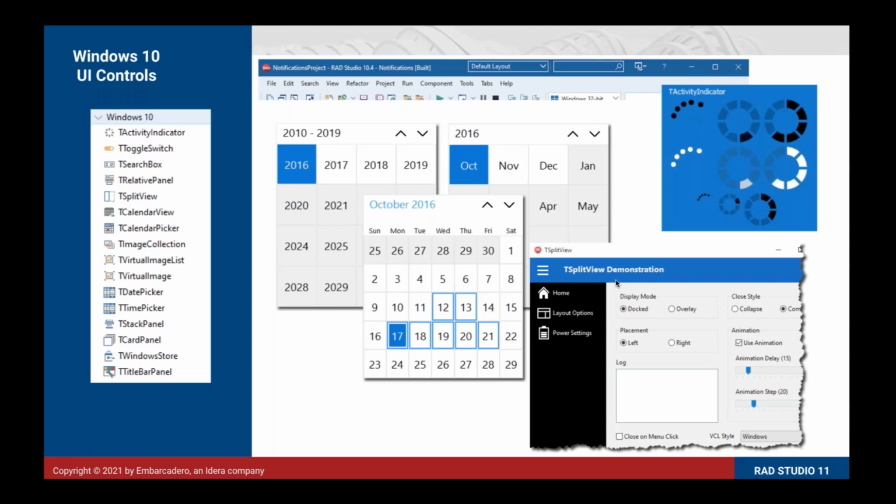And what we've done with RAD Studio is to implement the same controls natively, but with a slight twist, in that they're all VCL generated, which means that we can then port them back. So if you've still got customers who are lagging behind moving off Windows 7, or customers who are on early versions of Windows 10, then before some of these components were released, you can still run them with RAD Studio.